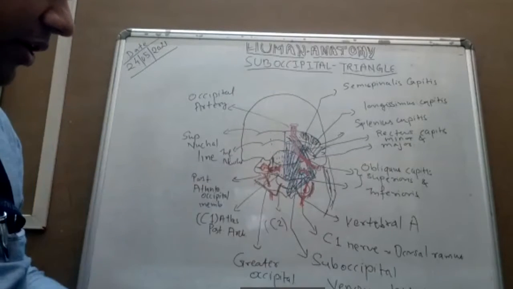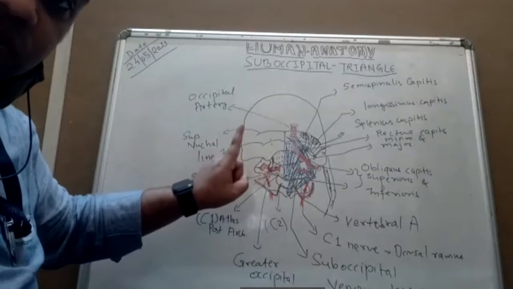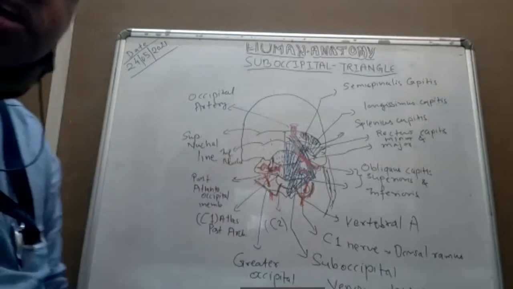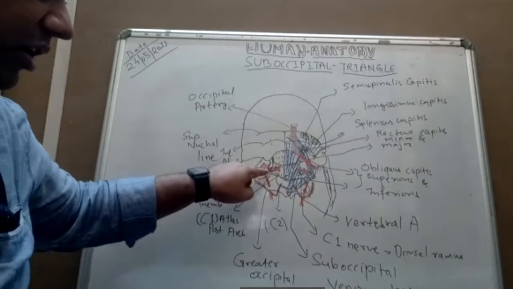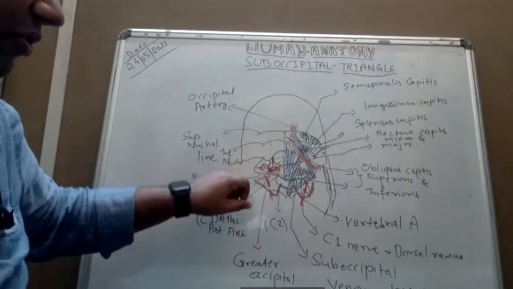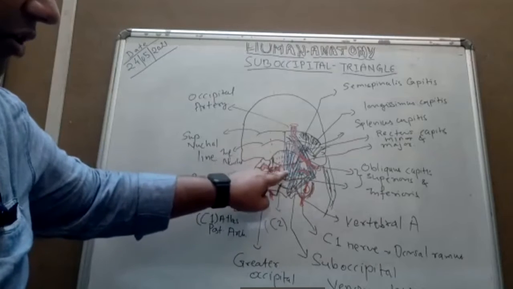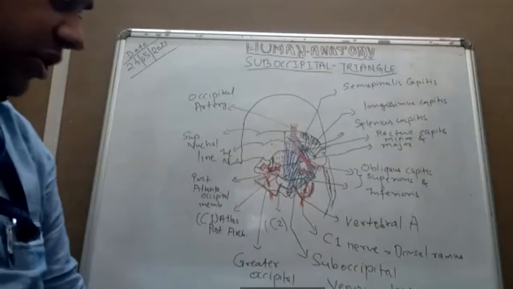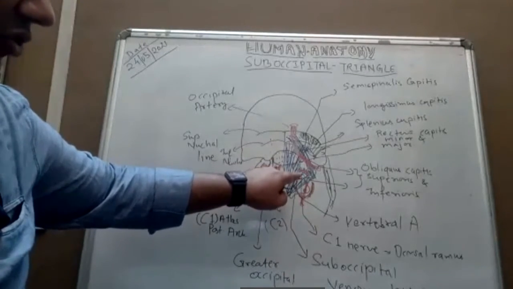Along with the third part of the vertebral artery, the nerve is the dorsal ramus of the first cervical spinal nerve. The dorsal ramus does not give any cutaneous branch. Other dorsal rami give cutaneous branches, but this is the only dorsal ramus of any spinal nerve which gives no cutaneous branch, only muscular branches, dividing into four. So all these boundary-forming muscles are supplied by the dorsal ramus of the first cervical spinal nerve. So that is the content, obviously.